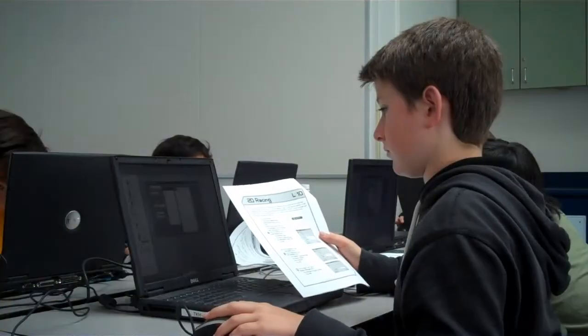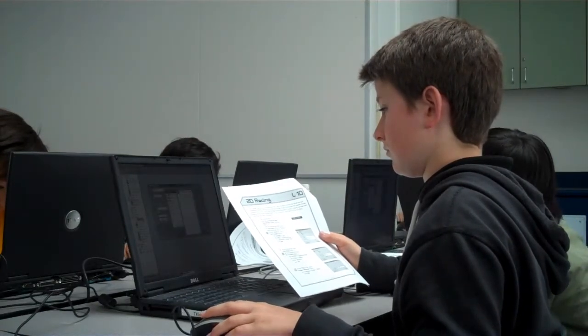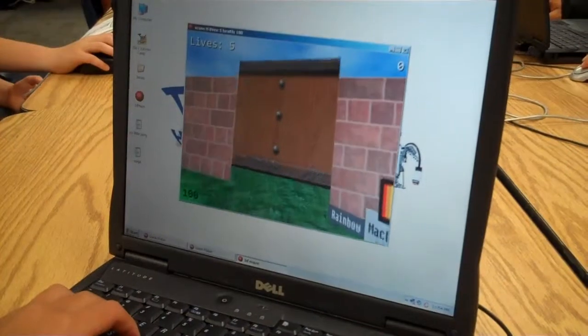Working with game design, it allows the student to start viewing problem solving as fixing a series of problems, sort of viewing a problem as a set of discrete steps that they need to take, and about tackling individual challenges. You end up with more creative children because they don't see this barrier between their imagination and the